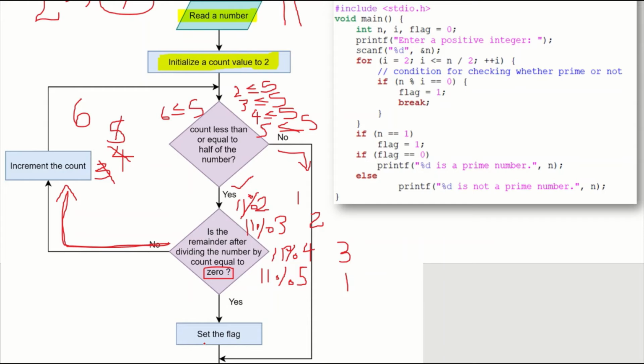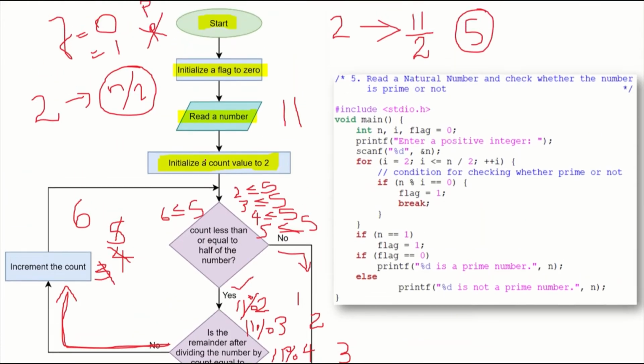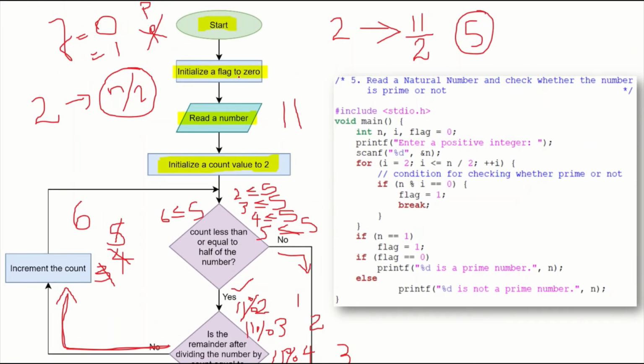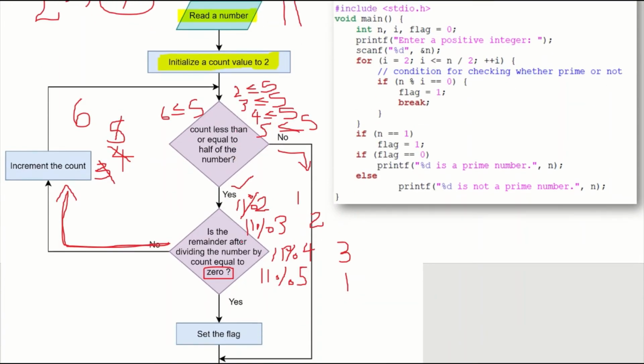So the flag value is the initial value of the flag itself, that is equal to 0. If it was not a prime number, there would be some factors between 2 and that number divided by 2, and it would set the flag. So in our case, it is not set, so it is skipping this line.